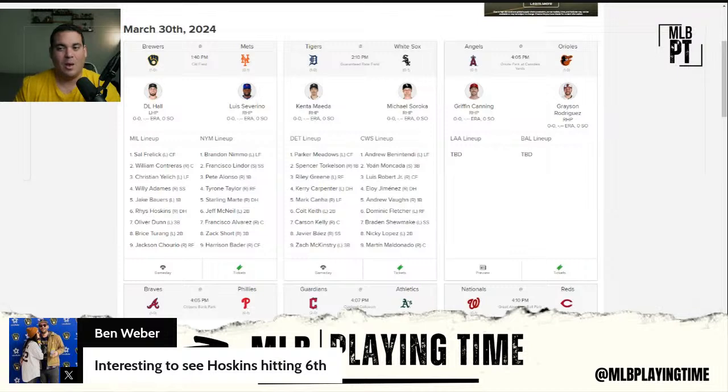And you can see if Adames gets off to a slower start, you might see Adames and him flip-flop, because we saw Adames drop in the order against righty. So I actually thought Adames was going to hit behind Hoskins initially. But for now, Adames fourth. We saw that last year for a little bit. And as long as he hits, he'll stay there. But if he doesn't, then him and Hoskins will probably flip.